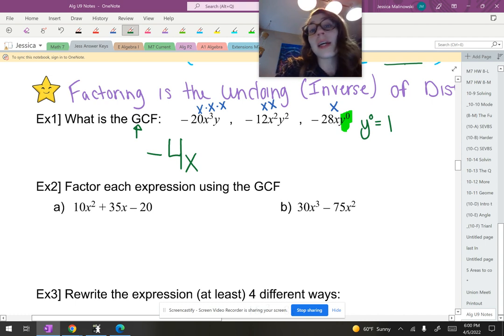Not one y, not one x, just plain 1. Meaning that there's not really a y to the 0 there. There's just a 1 there. Meaning that this negative 28x is really just negative 28x and doesn't have a y at all. So I cannot take a y out of each one, making my GCF to